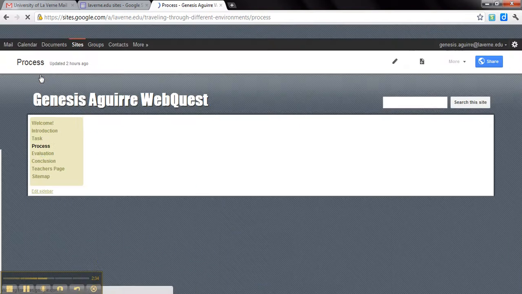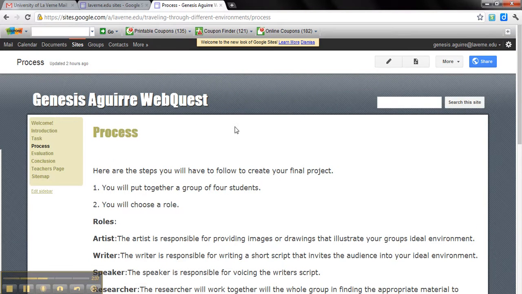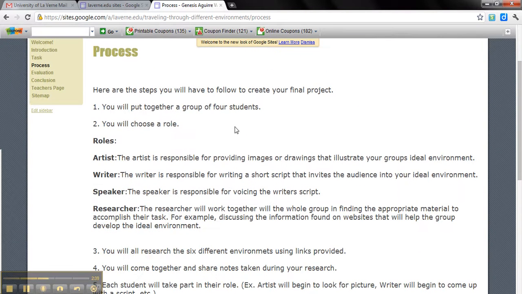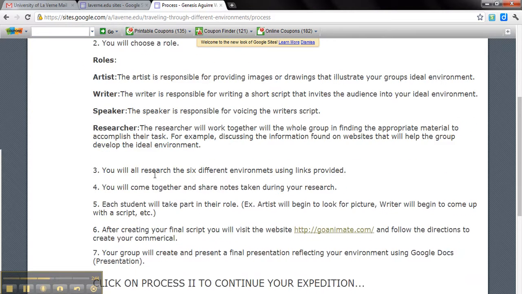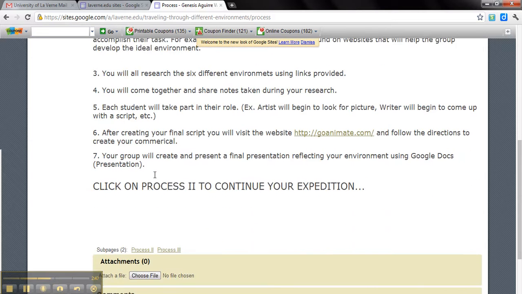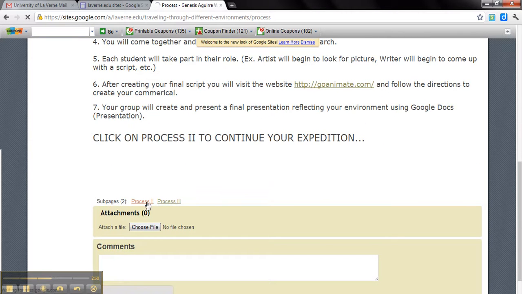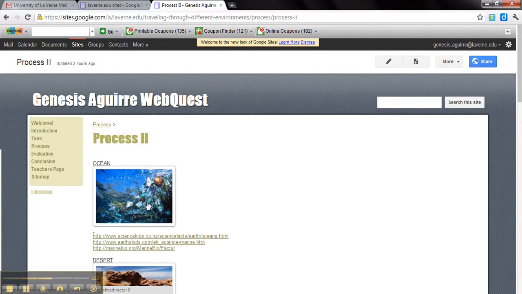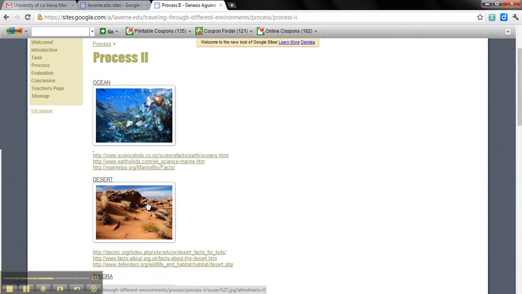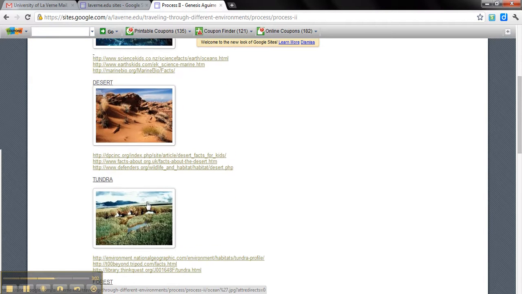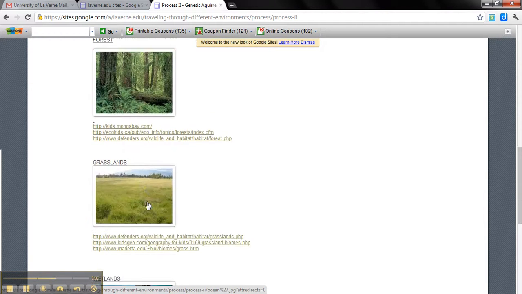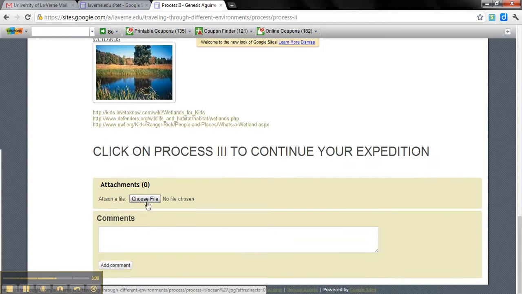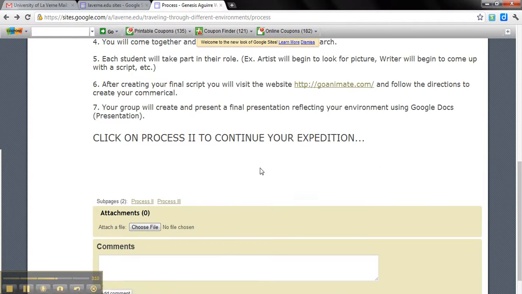In the process, I have 3 sections for this. I have the steps that students will take in addition to the roles that they will play. They will be working in 4 groups, and I provided them with different resources such as links where students can go, and these are kid friendly, so they're not too difficult for them and they're appropriate for their grade level. And each environment has 3 different links that students will look into and will answer the worksheet along with this. I also created